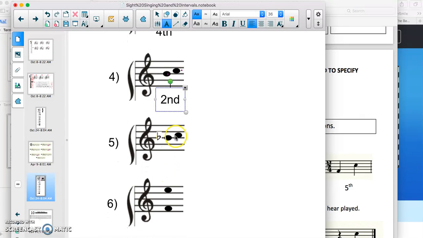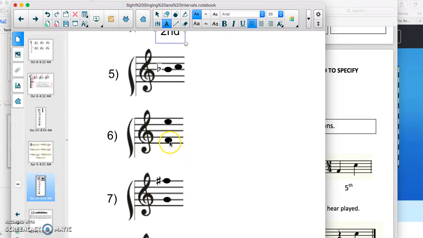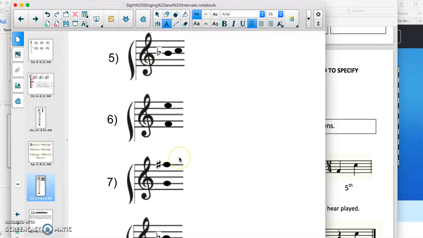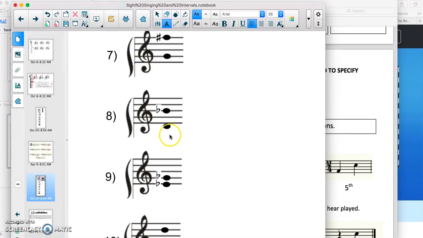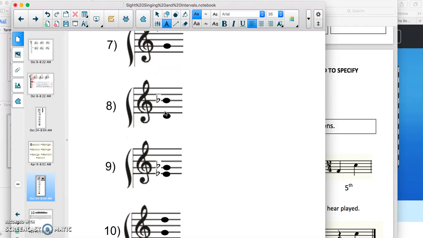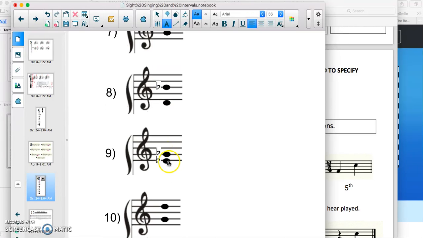Number 5 is a second, 1, 2. Number 6, starting with a space, 1, 2, 3, 4, 5, 6, 7. This is a seventh. Number 7, 1, 2, 3, 4, 5, 6, 7, also a seventh. That sharp doesn't do anything to the number. This is still a seventh because there's 7 lines and spaces apart. Number 8 is 1, 2, 3, 4, 5, 6th. Number 9 is a third, 1, 2, 3. And number 10 is a fifth, 1, 2, 3, 4,